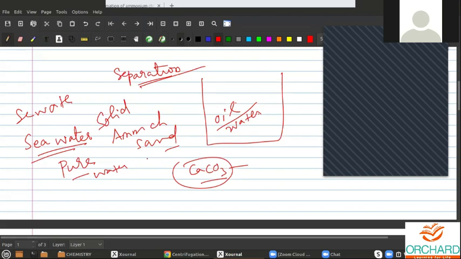There are so many simple examples we can see in our home. While making kesari or rava upma, what do you have? You have a filter. Am I right? For making rava kesari, rava upma, you have a filter, so you have to separate it. Why do we separate it? Suppose there are any insects or some bugs.